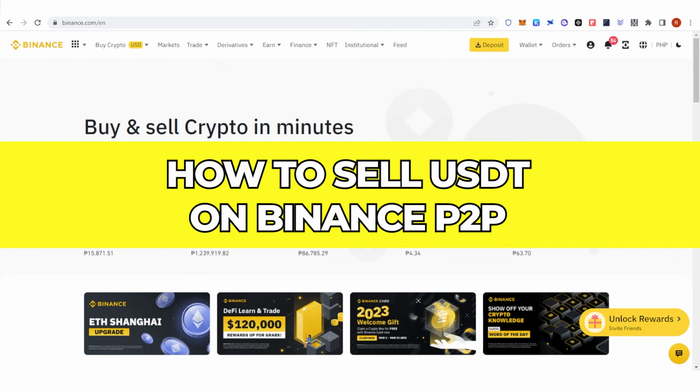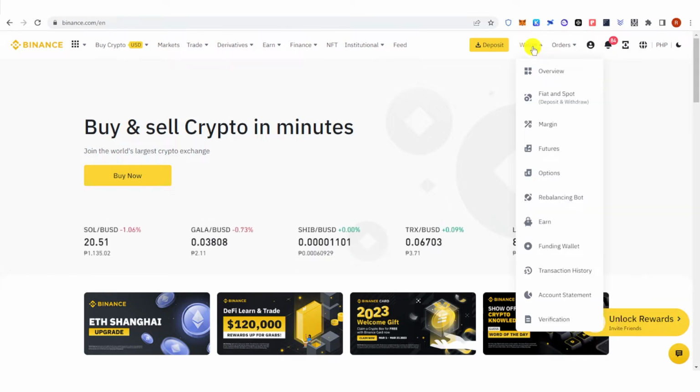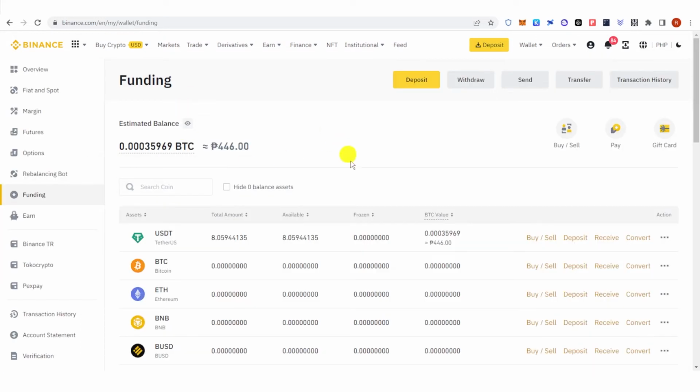In this quick video, I will show you how to sell USDT on Binance P2P step by step. So the first step is to go to Binance.com and then log in. Once you have logged in, make sure that you have your funds in funding wallet. You can see it here. So make sure that you have your USDT in funding wallet and then go to trade here, click P2P